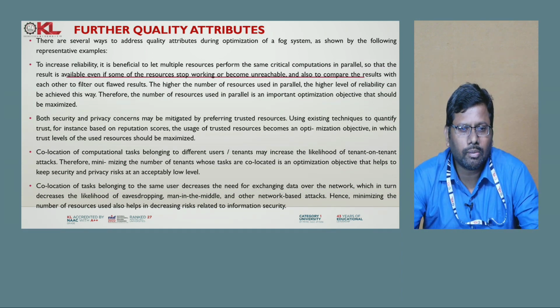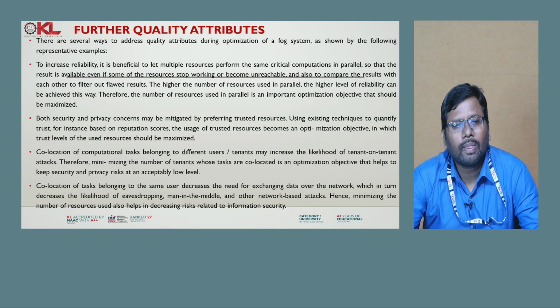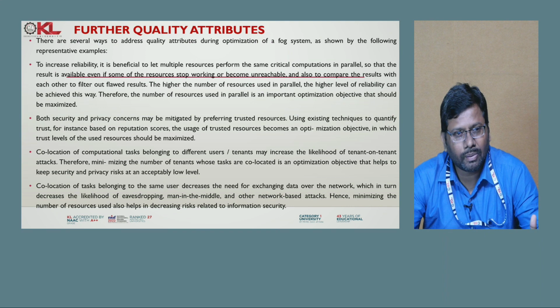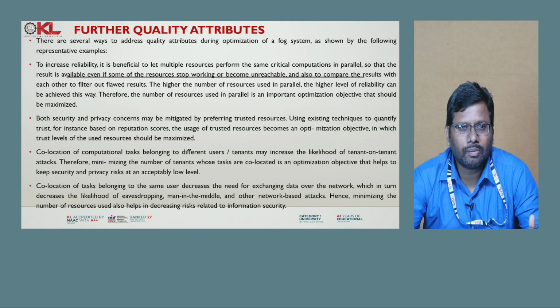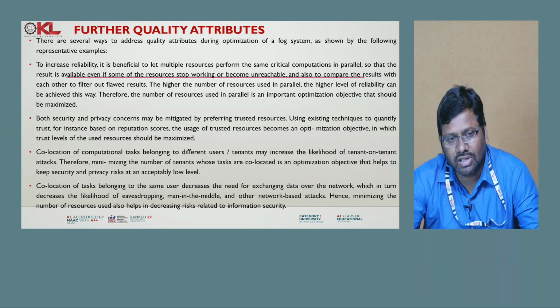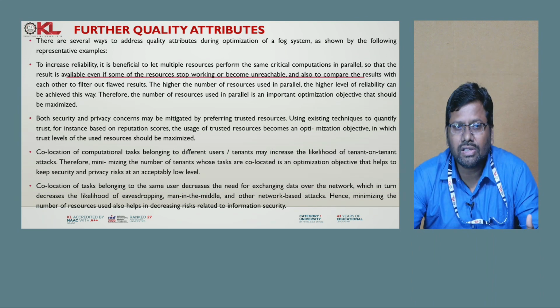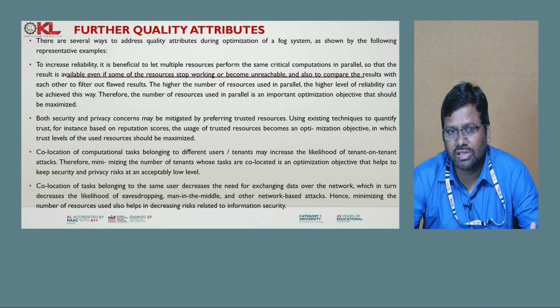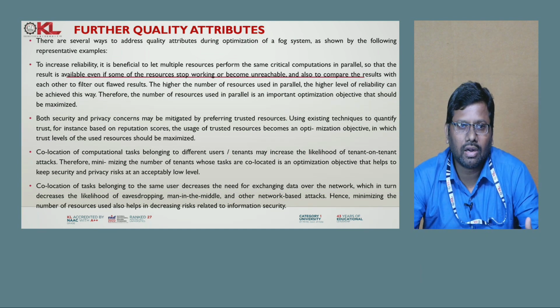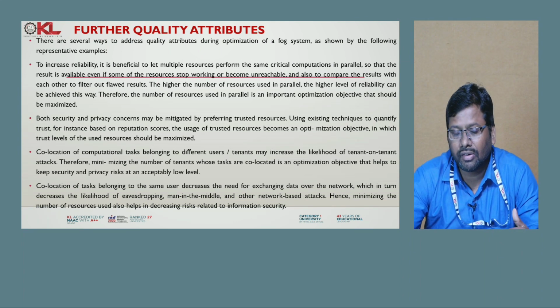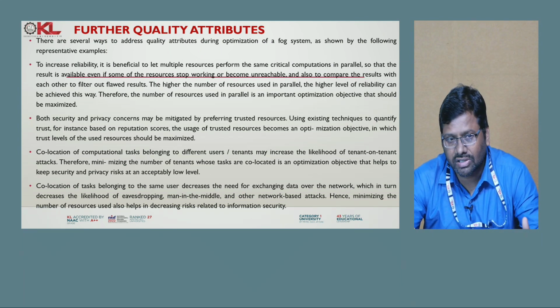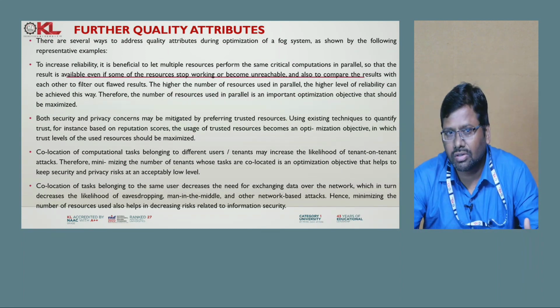Next, co-location of the computation tasks belonging to different users. Suppose a user is running an application, at that time he may require certain devices, though the devices may not be within the scenario. A particular server may be far away, and a particular storage may be somewhere else in another server that is far away from the present location of the end user. At that time it takes a bit of time, so the latency is very high in certain scenarios. We could reduce that by finding which server is nearby and connecting to it, so that the response time may be very low. So co-location is also very important with respect to the resources when an application is run.